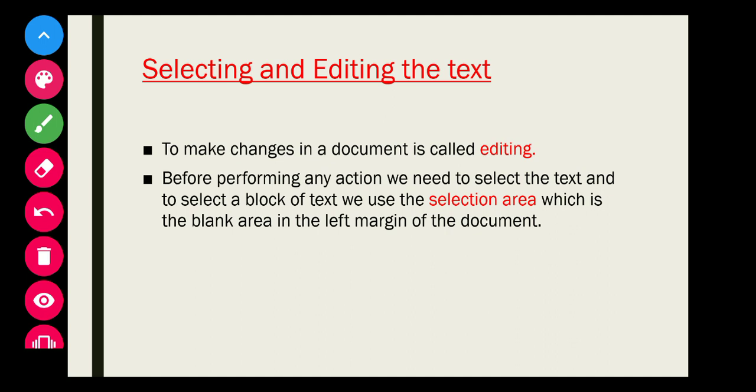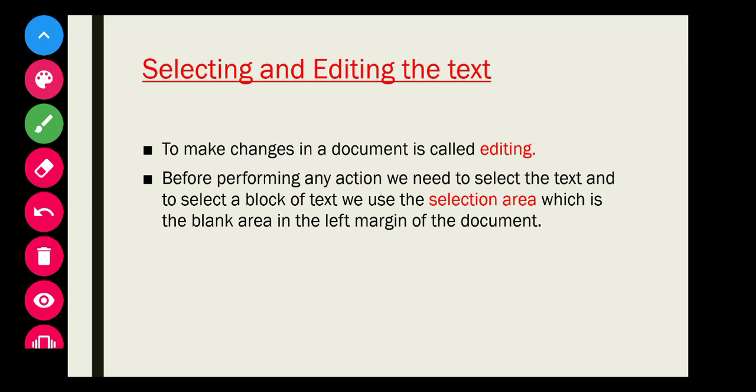Before doing the editing, first of all you have to select that part of text. After selecting, only then can you perform the editing. Like suppose you want to change any color, or make your text bold, italics, underline, whichever editing or changes you have to do, first of all you need to select your text.